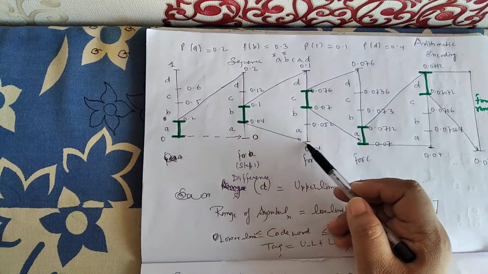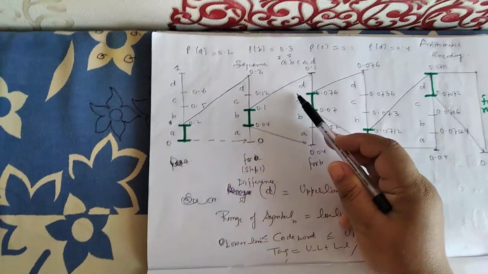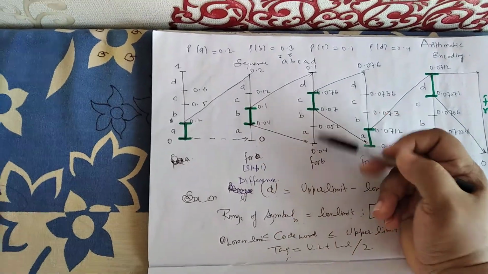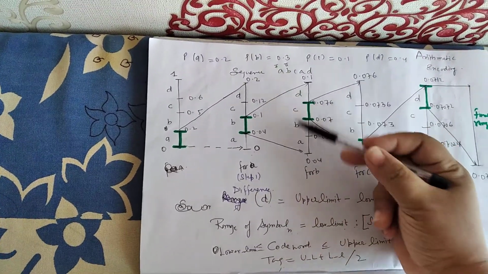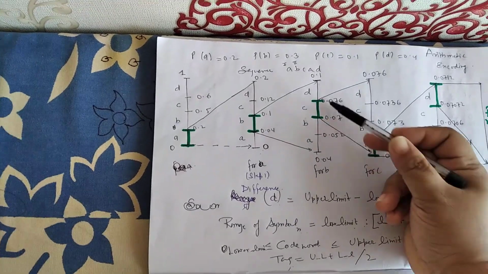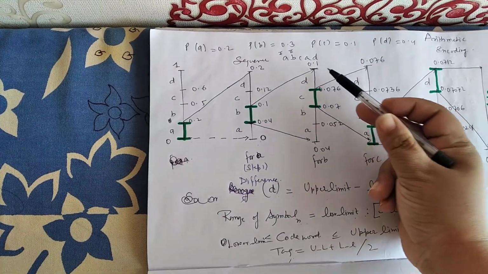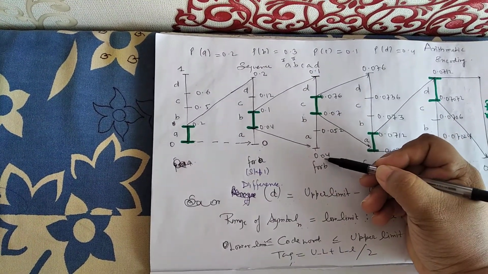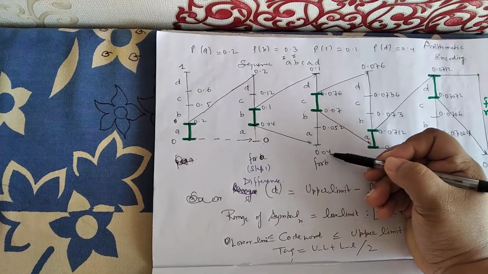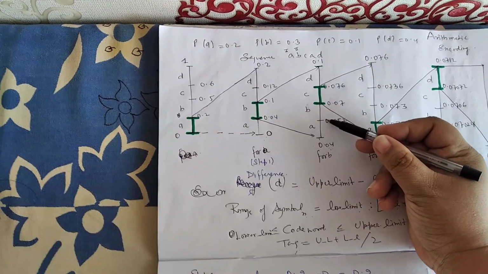So now in this step, for B, the lower limit becomes 0.04 and the upper limit becomes 0.1. So for this step 2, the first thing we will do is find the value of D. The value of D for this step becomes upper limit minus lower limit. Upper limit is 0.1, lower limit is 0.04. So by subtracting it, you will get the value of D for this step 2. Now we get the value of D. So again we will find the range.